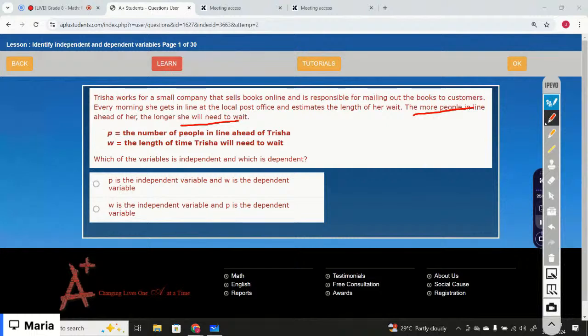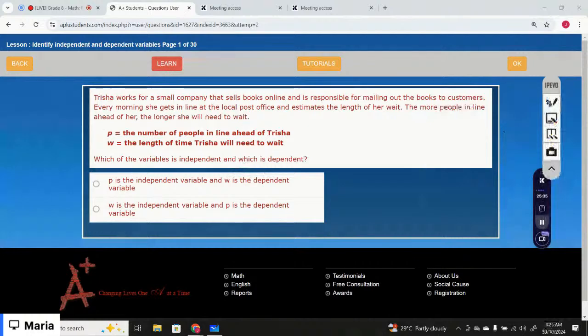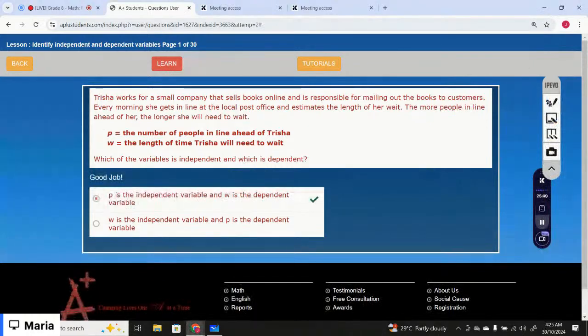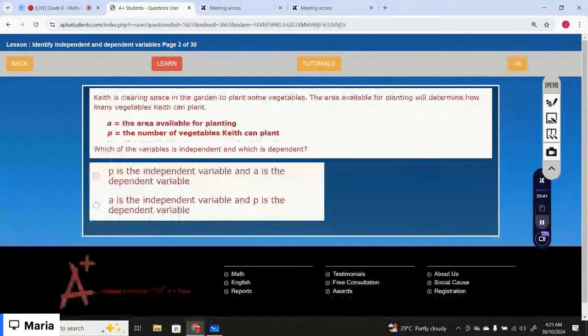P is the independent variable and W is the dependent variable. W depends on the people in the line. If there are more people in the line, she has to wait more. Option number one is the correct option. W is independent and P is